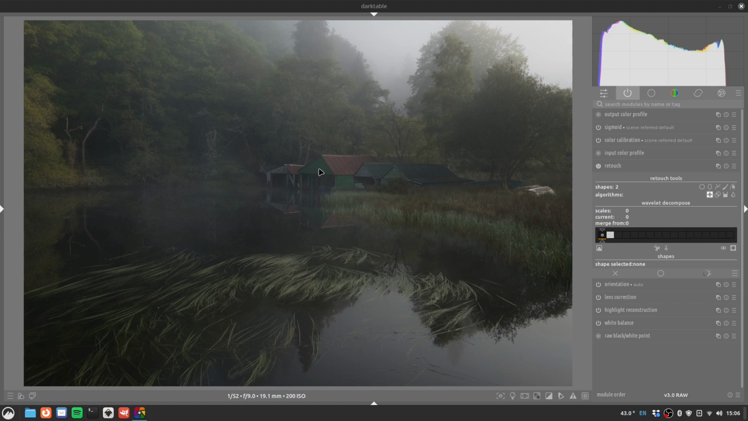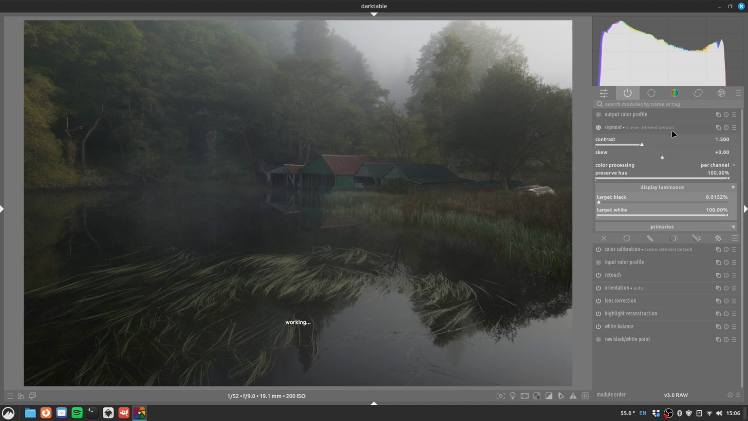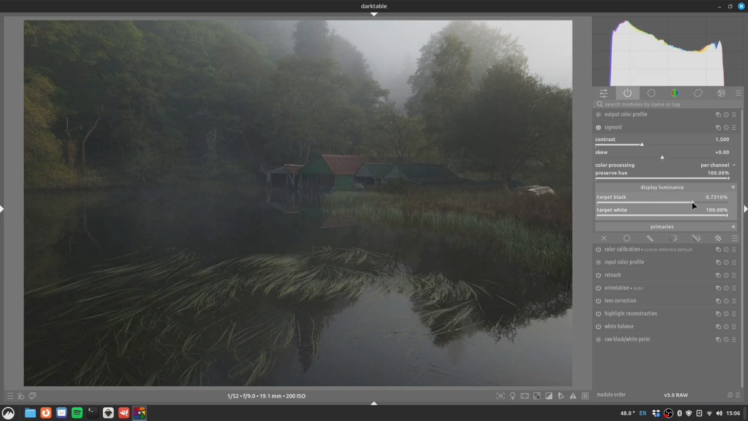Okay, now we can get on with the more creative part of the processing. The first thing I want to do is go into our sigmoid module, our tone mapper, and just lift the blacks a little bit, just to contribute to the mistiness of the image. So you can see if we really raise this up, we're destroying all the blacks, but we want a little